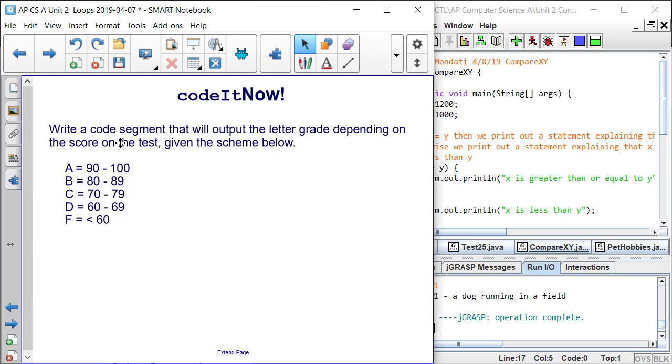CodeIt now. Write a code segment that will output the letter grade depending on the score on the test given the scheme below. The scheme below for grading is a pretty common one that I'm sure most of you are familiar with. And before we write the actual code, let's just think about the general structure of the code we want. Since this is just a continuous grading scheme where we switch from one range of numbers to the range of numbers that follows, it makes sense to use an if, else